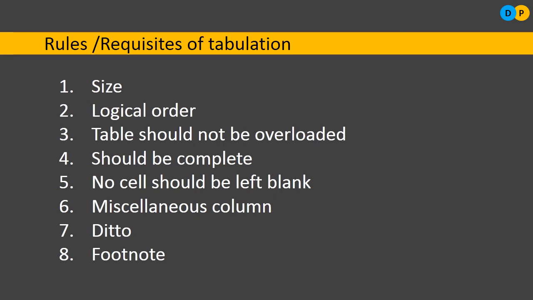Similarly, the eighth important rule is the footnote. So every table, at the bottom left-hand side, has to carry the footnote. Along with that, it also has to carry the source. So the footnote will explain what the omissions are, and also the remarks that have been made here. For example, some tables will carry a star mark or cap symbols. So what do they convey in this particular table?